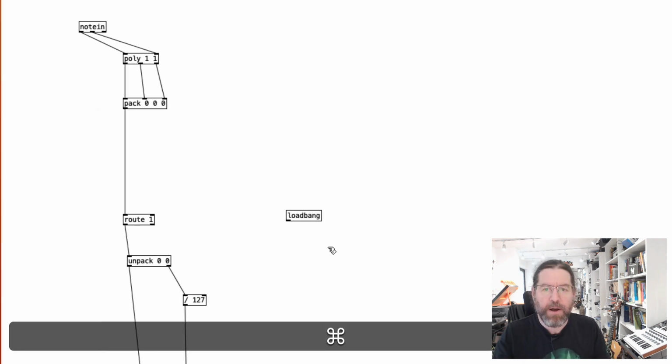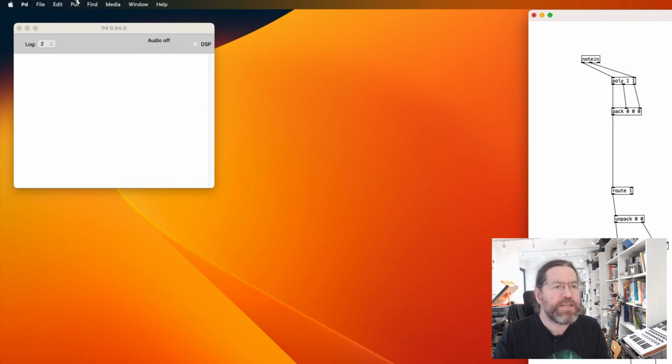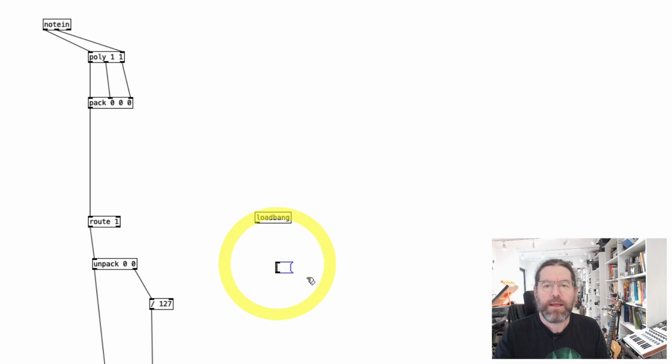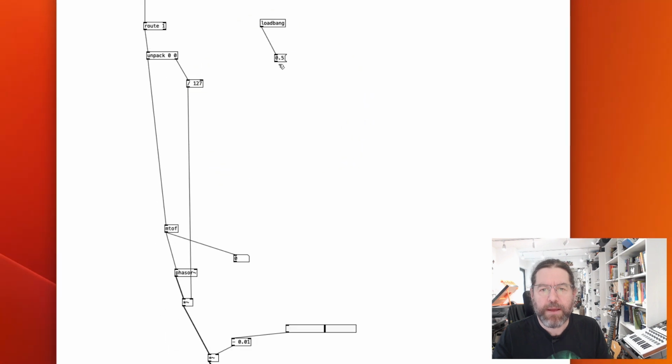And I'm going to follow that by another type of object, which we've not used yet, but we discussed them briefly, a message. And this is going to be 0.5. I can patch this from here to here. And then I can patch from here